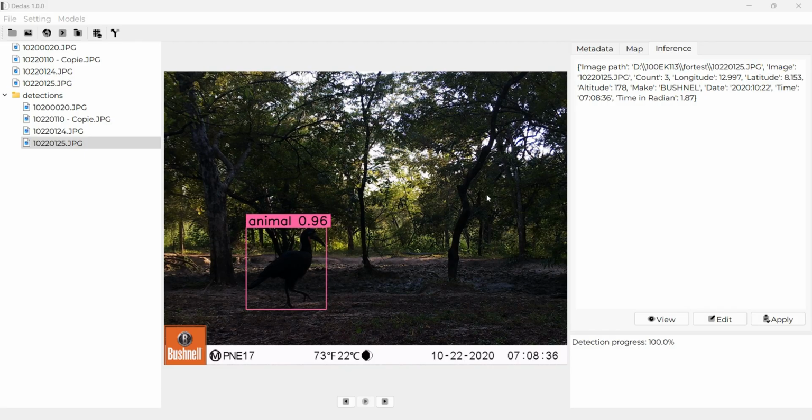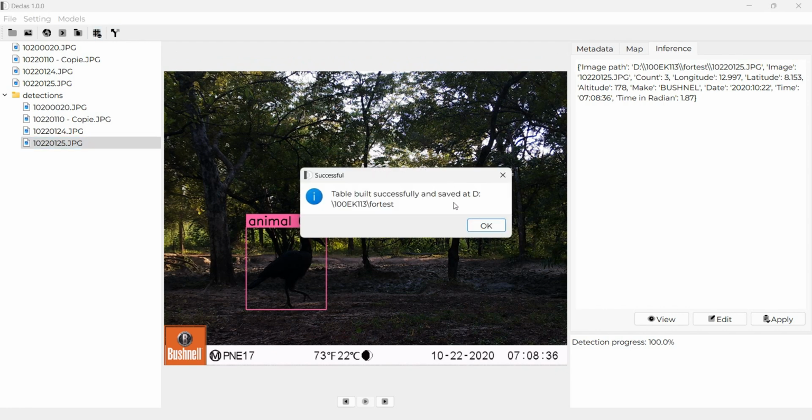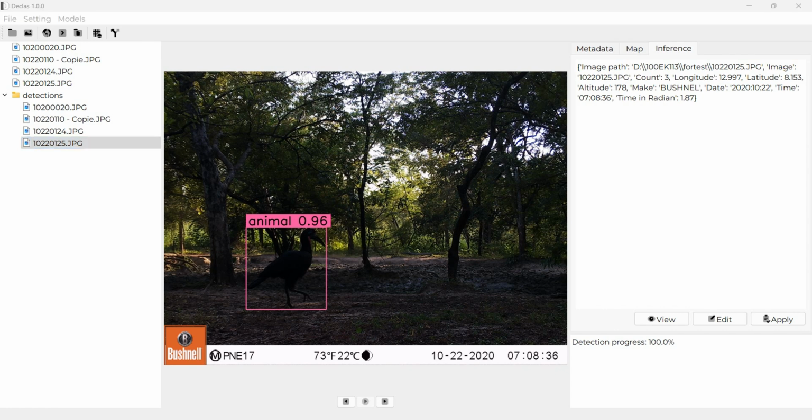If you are satisfied with your detection result, you can now build a table to get a report in CSV format, because a JSON can be difficult for some people to handle or use as a report. So what you need to do here is click on this icon. That helps you build a table from your JSON report. You click just here, and you get this message: table built successfully and saved at this address. I click OK, and if I come here,